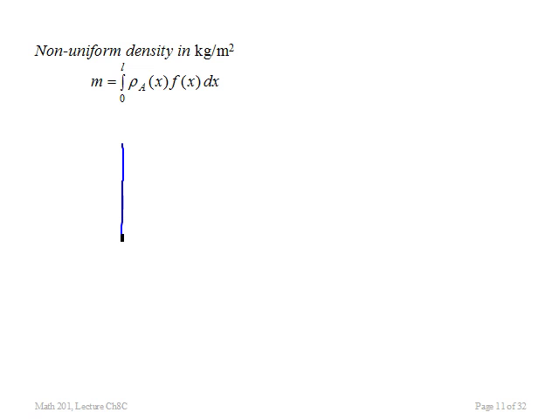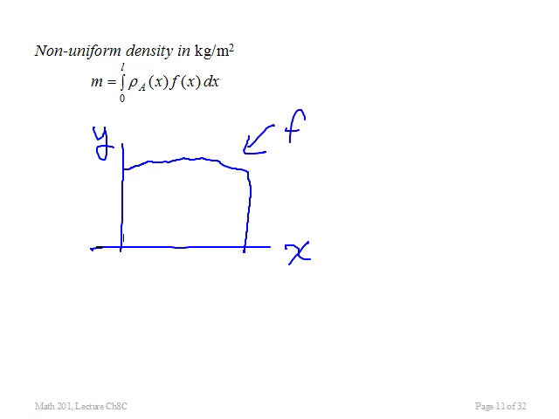Well, I'm going to write my flat plate like this on a coordinate system, and I'll say, just to make things easy, that the flat plate looks like that. So the upper edge is some function of x. Now I need to integrate over all these areas. Well, what is the area? If I divided this up into the usual little strips, which I'm going to do later to calculate the center of mass in 2 dimensions, then the area will be